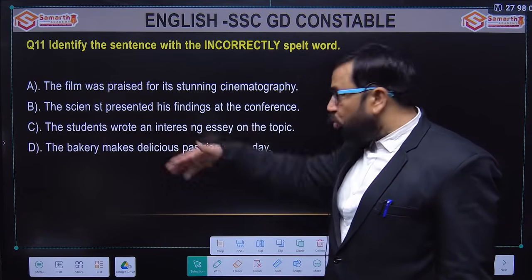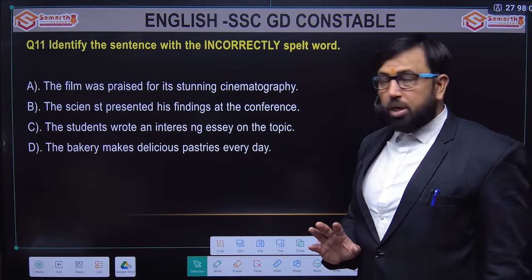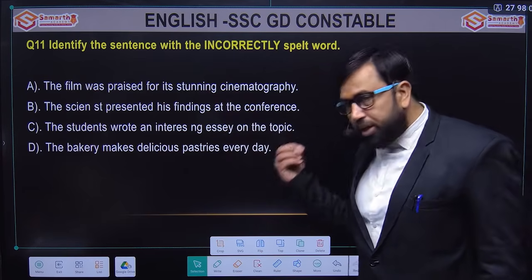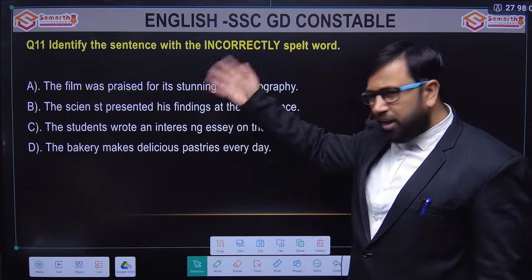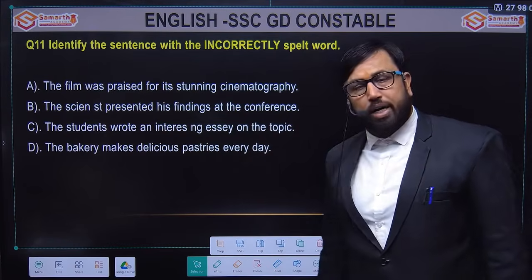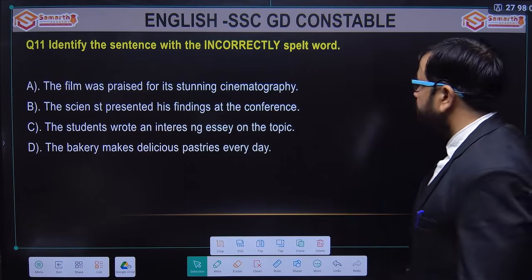So I need not look at any other word because once I got my answer, we won't write 2 options. So the moment you get your answer, don't look at other options. You can immediately mark option C as the correct answer. Because of this wrong spelling, the answer would be C.